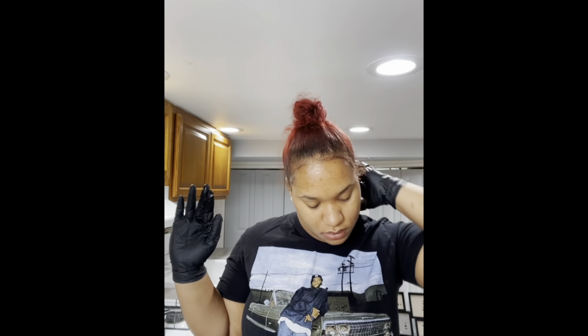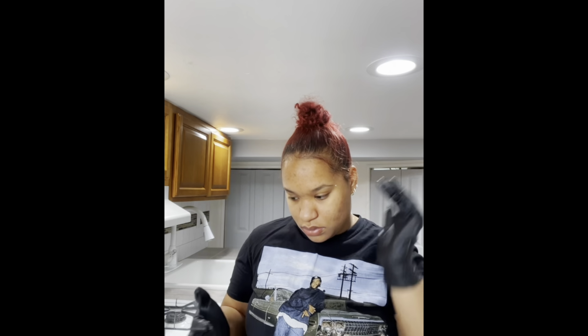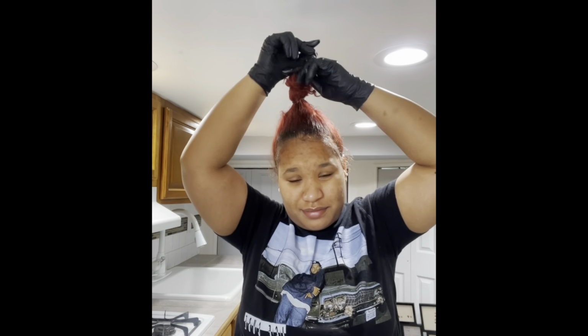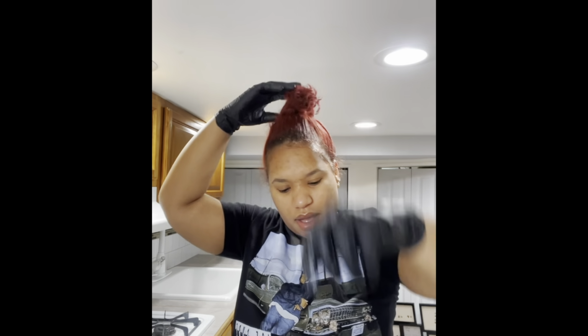I put some on the back, and I do make sure to apply some to my ears just because that's where all the dye ends up being anyway. So it's just to protect your ears from burning or staining. If you're sensitive as well, it can always burn, but that's why I say you should do dyeing your hair on like 3-day hair. So my hair has been in a bun for like 3 days, and I haven't touched it because your scalp can be very sensitive to